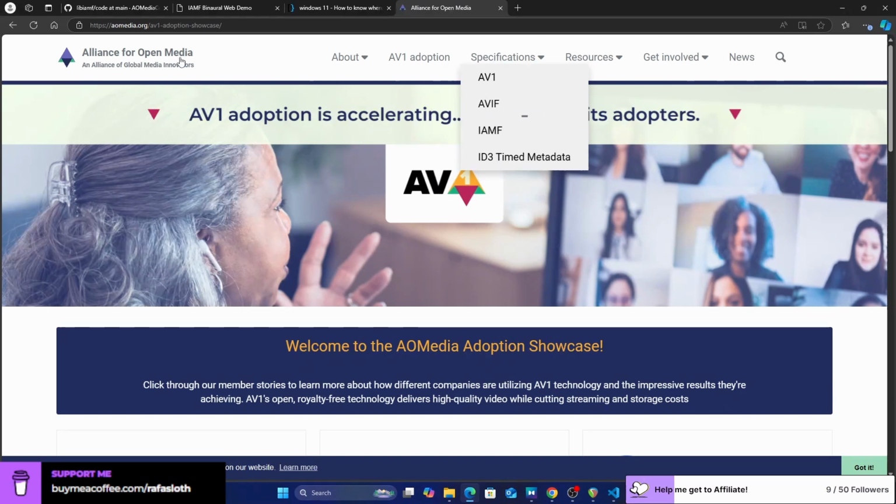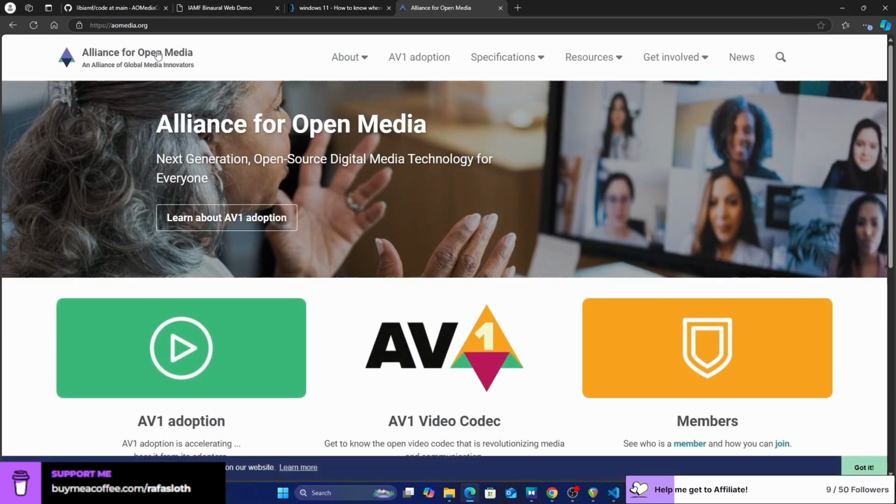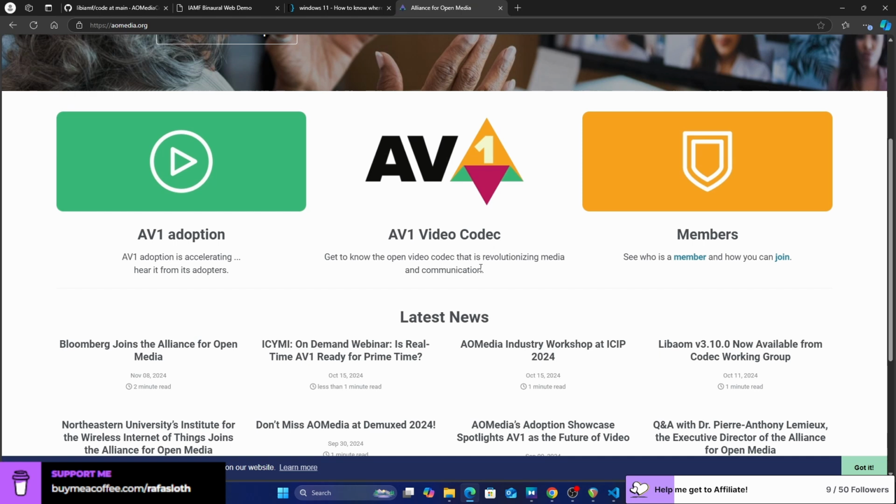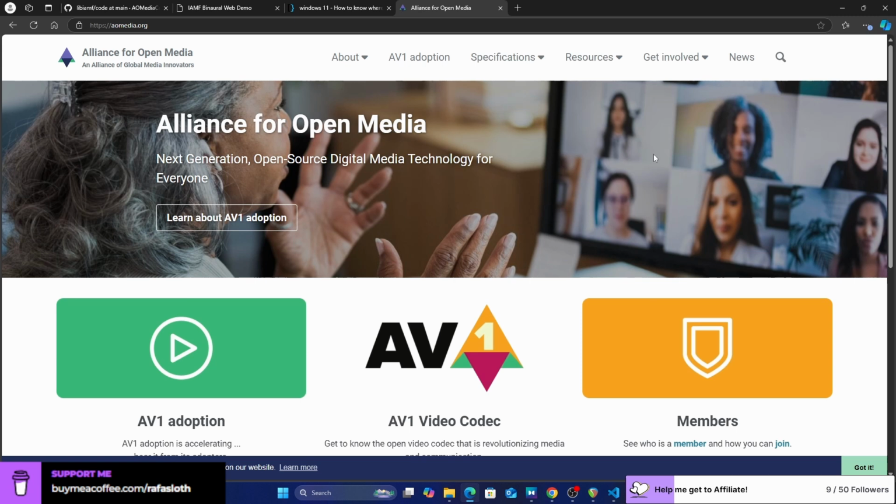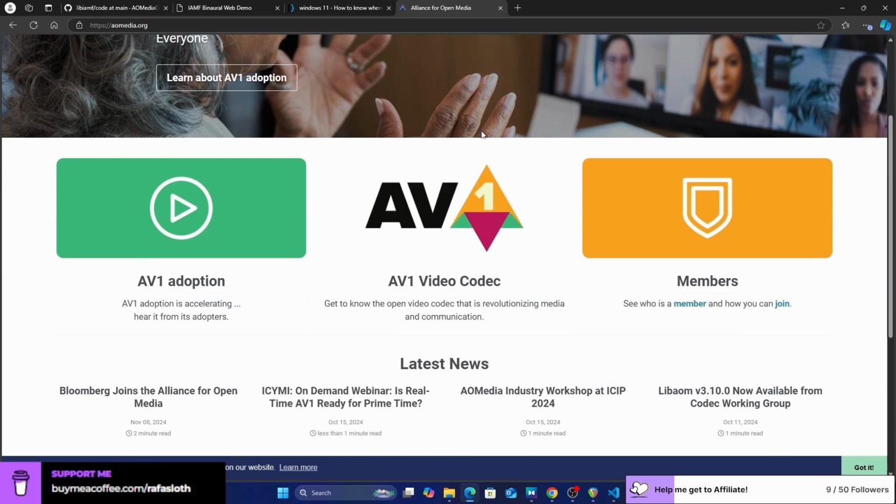So yeah, this is not just some random guy who invented this specification. It's a lot of big companies behind this. So I expect to see this in Samsung TVs. I believe that's the only thing that's missing, being user friendly.